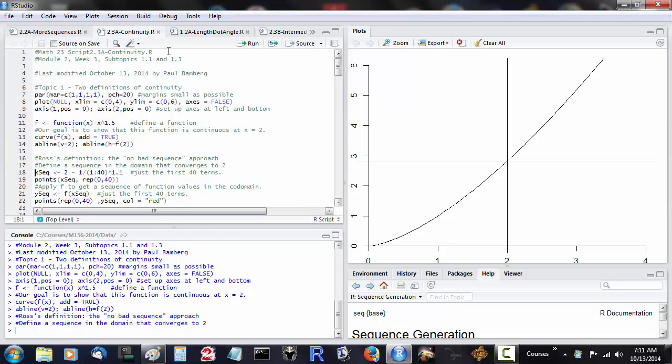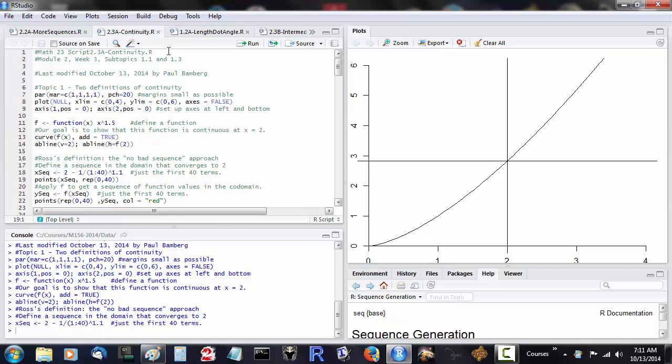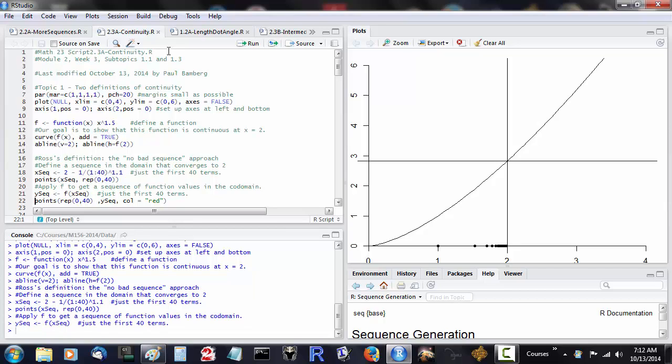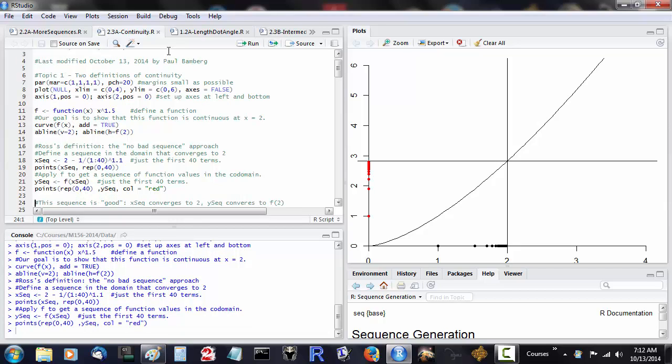So I will take 2 and subtract off 1 over n to the 1.1 power. This leads to a nice looking display. And there's the sequence shown on the x-axis. The first term is 1, and it's clear the points in that sequence have a limit of 2. Now I can apply my function to that to get a sequence of function values. They will be in the codomain, of course. And when I plot those in red and display them on the vertical axis, it's obvious that that sequence converges